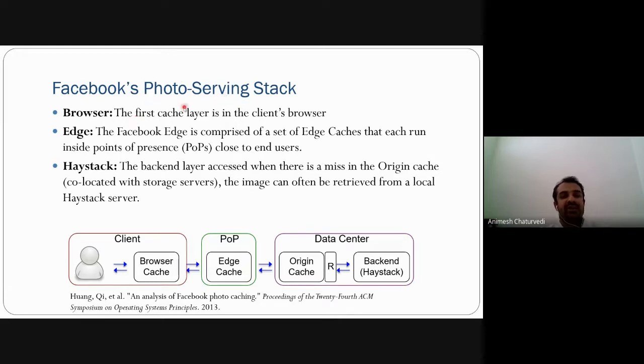So what does it do? Facebook's photo serving stack, basically, if you are a client, you are using some browser or some app. So first of all, the request will go to your own browser cache. If your browser cache has the content, then you'll get the response. But if you didn't get the response from your own browser, then it will go